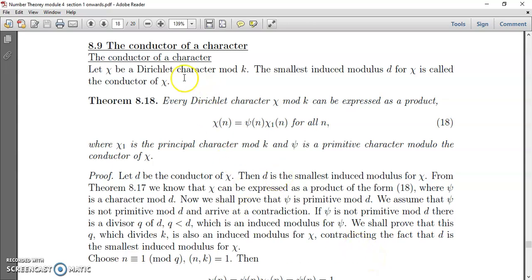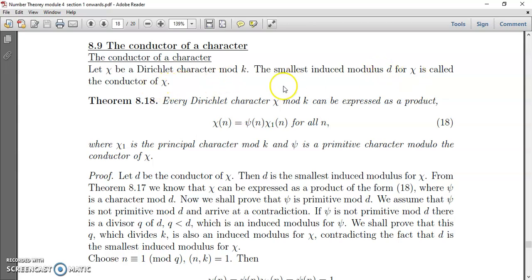Next, we will discuss the conductor of a character. The conductor of a character chi can be defined like this: let chi be a Dirichlet character mod k. Then the smallest induced modulo d for chi is called the conductor of chi. So, if the Dirichlet character chi has an induced modulo, then the smallest of those induced moduli will be